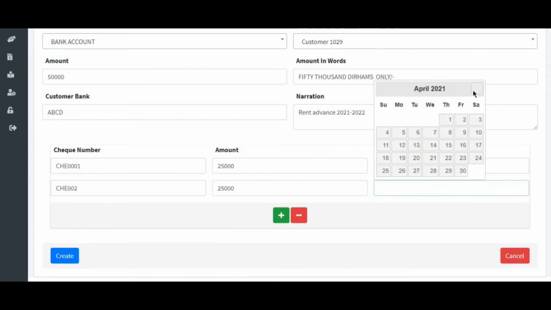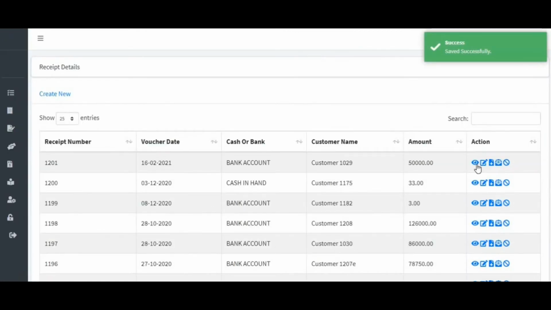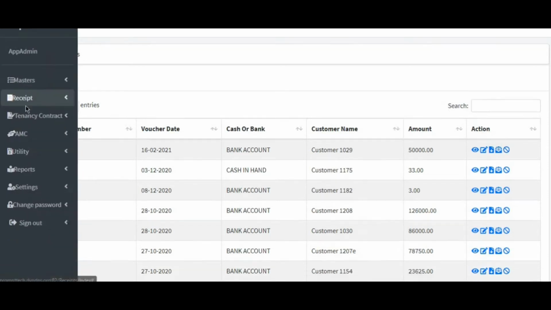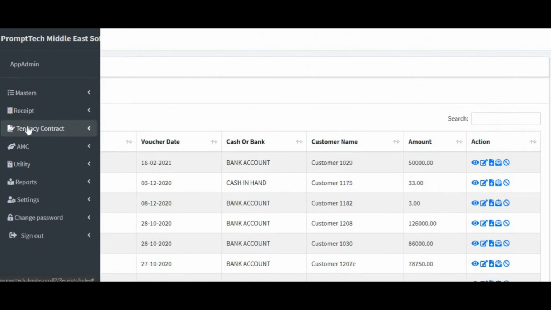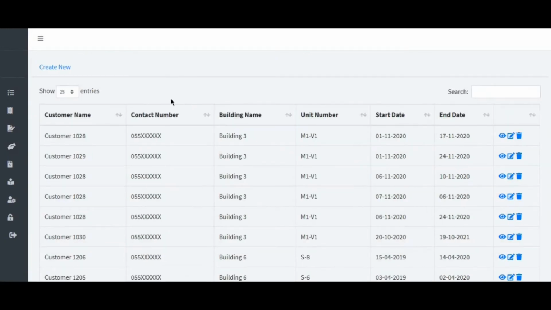So I can enter all the 4 check details as per their date and the amount number. For example, if the rent is 1 lakh in a year and the person is giving 25,000 each quarter, you can put in the date. Above in this slide, I had given 50,000. The person gave me 2 checks, so the 50,000 was divided into 2 checks for 6 months, and I put that as well. And if you see, the details are already added. In the same way, you can add these details as well.